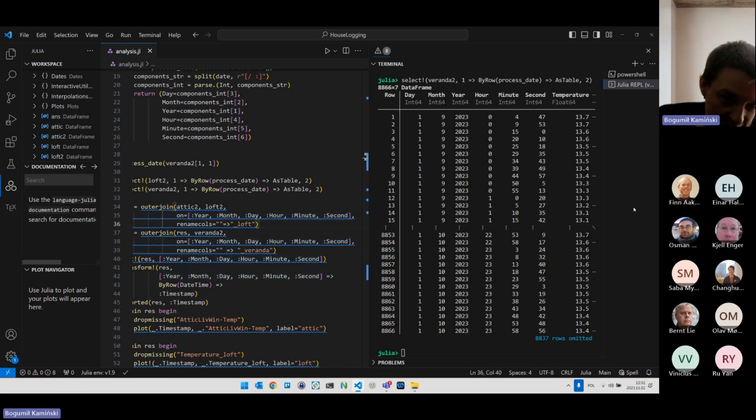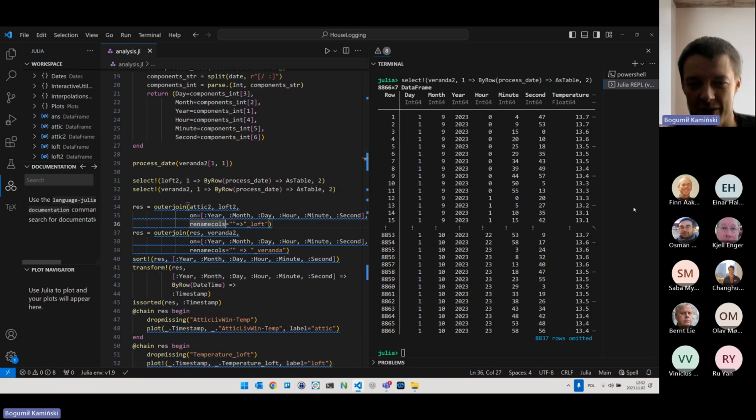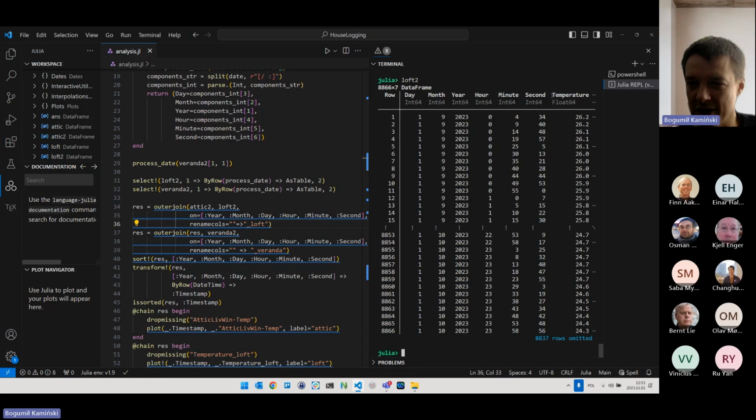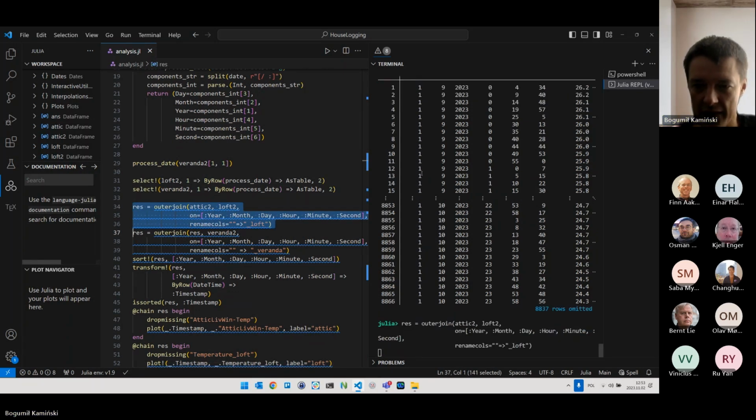And one more thing is how do I want the columns of the produced table to be named? So I have this special rename cols option, and because for attic2 I'm passing an empty string, this means that I will not rename columns from this data frame, but for the loft2 data frame, which has a column temperature, I will want to append temperature loft to it. So now let's run it,